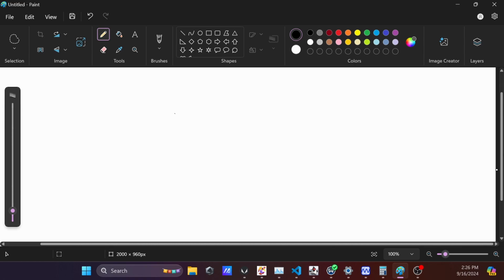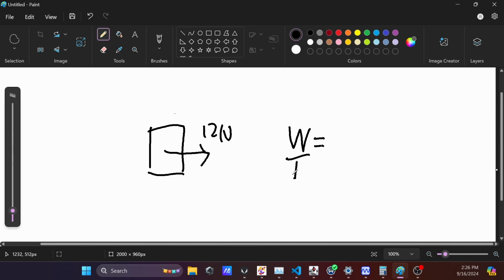Alright. A 3 kilogram block is on a horizontal surface. The block is at rest when, at t equals 0, a force of magnitude 12 newtons, acting parallel to the surface, is applied to the block, causing it to accelerate. The coefficient of friction between the block and surface is 0.2. At what rate is the force P doing work on the block at t equals 2 seconds? So power